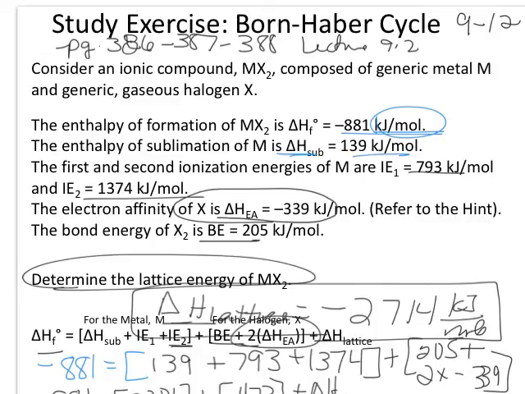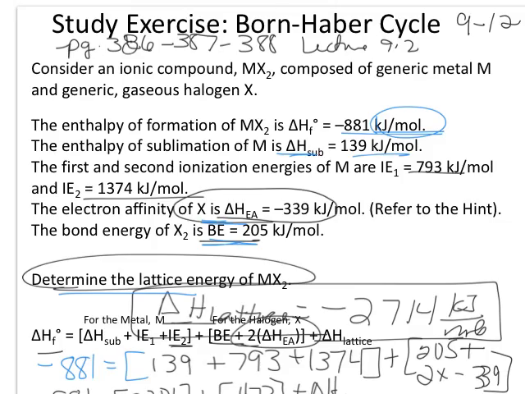This is problem 9-12. Now I apologize, this is a re-recording, but I'll just go through it. So for the Born-Haber cycle, you need to read pages 386, 387, and 388. Listen to lecture 9.2. Here we're having just different delta H's of formation, delta H of sublimation, ionization energies 1 and 2, delta H of electron affinity, binding energies, and the question is asking you to determine the lattice energy